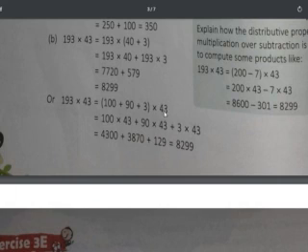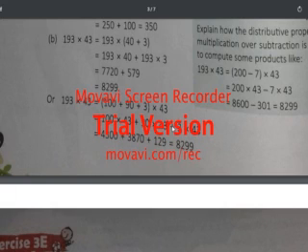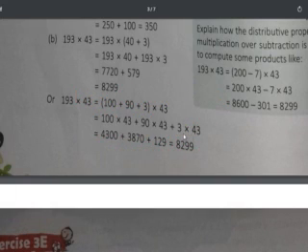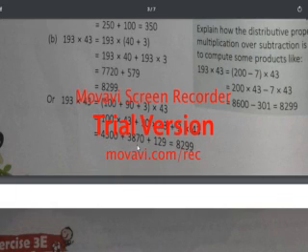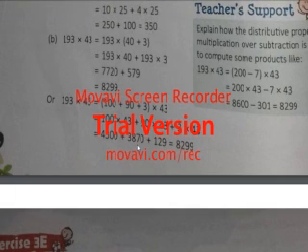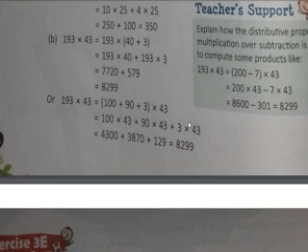You can do it in 3 parts, that means 100 into 43 plus 90 into 43 plus 3 into 43. Actually this makes it easier. You can see 43 into 100 is 4300. 90 into 43: 9 threes are 27, 10 is there, and 9 fours are 36 and 2, 38, so 3870. And 3 multiplied with 43 gives 3 threes are 9 and 3 fours are 12, so 129. So what happened? 4300 plus 3870 plus 129 has been added. You can see 43 plus 38 becomes 81, and 129 plus 70 becomes 199. So 8100 plus 199 becomes 8299.